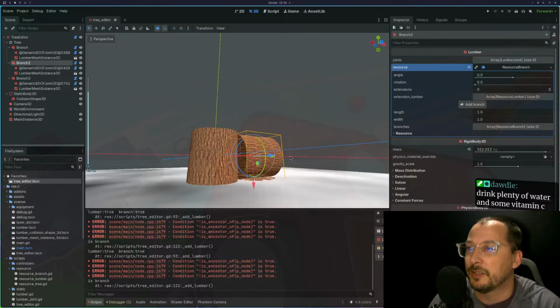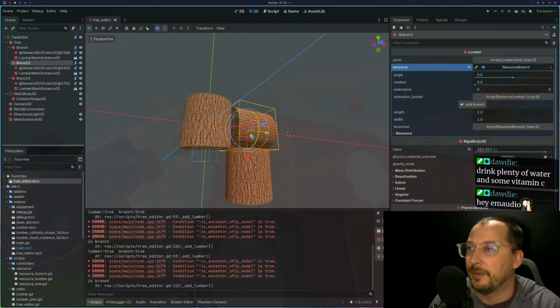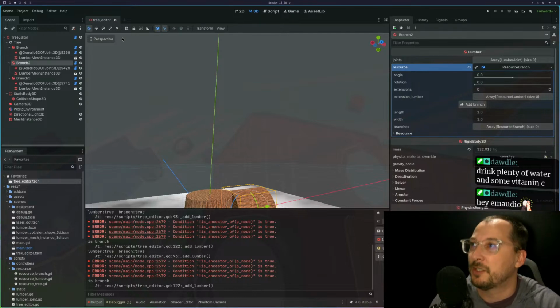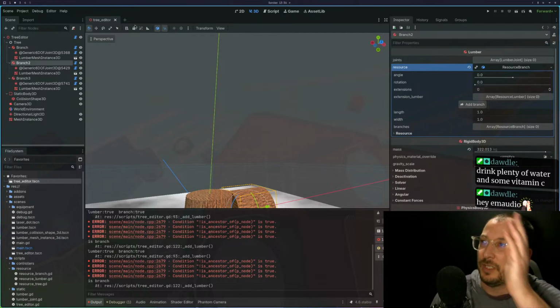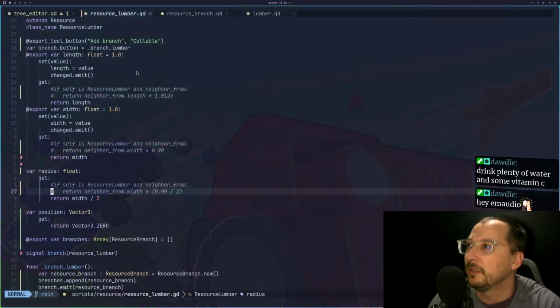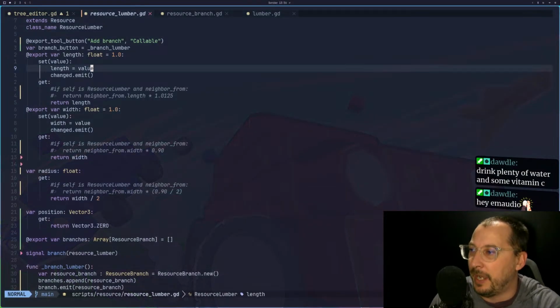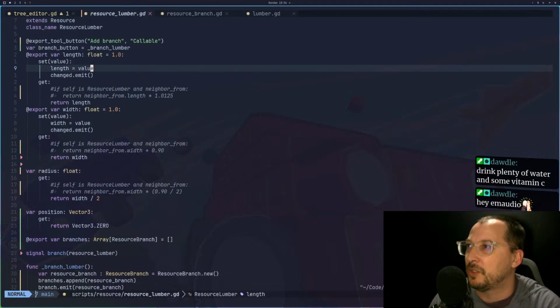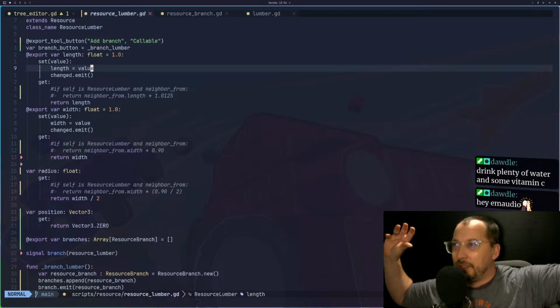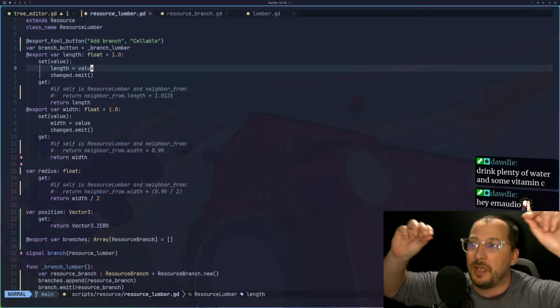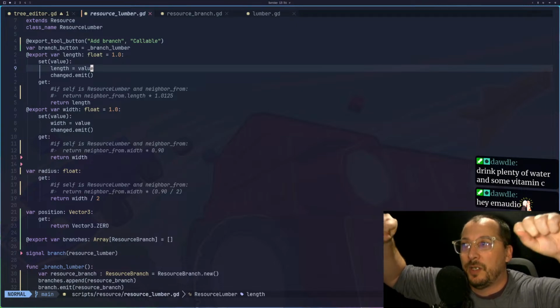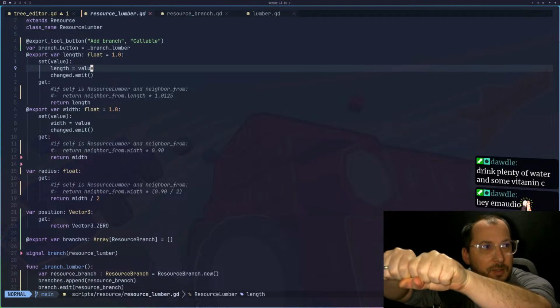And then we can add another branch. Now this branch is underground. But anyways, we can branch and branch and branch and branch and branch. And we can change the angle, rotation, and height and all that stuff. But the thing we're working on right now is this idea of extension. So we add a branch, and then we can extend the length of the branch. When we do that, every time we add to the length of the branch, it creates a new joint,